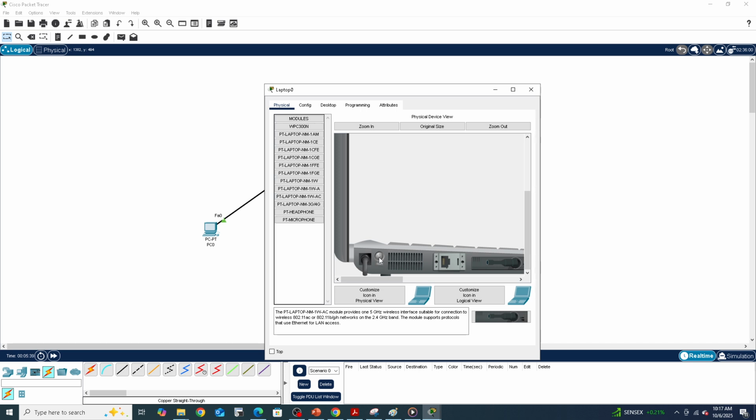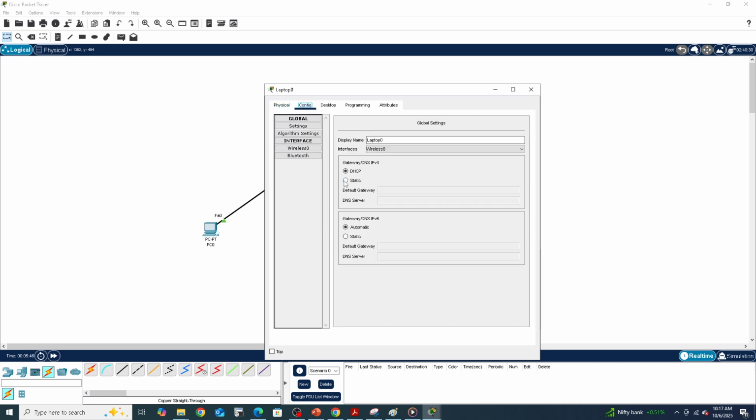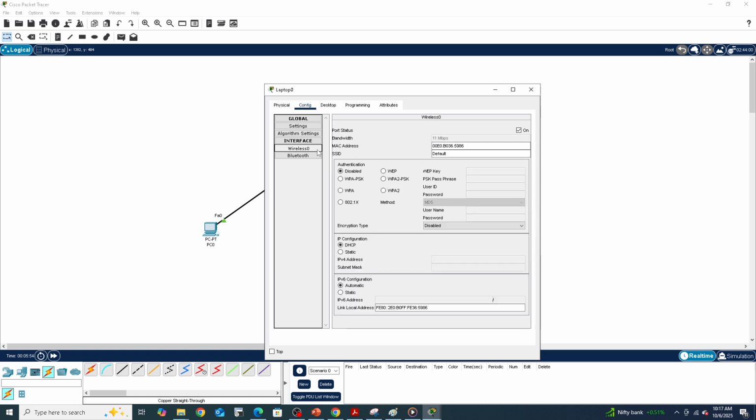Now I'll turn on this laptop. The light has turned green. Now go to the configuration. In configuration, it is already set up as DHCP, so it will receive an address dynamically, but the wireless setting is important. By default, the SSID is configured as default. I will change it to NXT, which was our SSID, and the WPA-PSK is